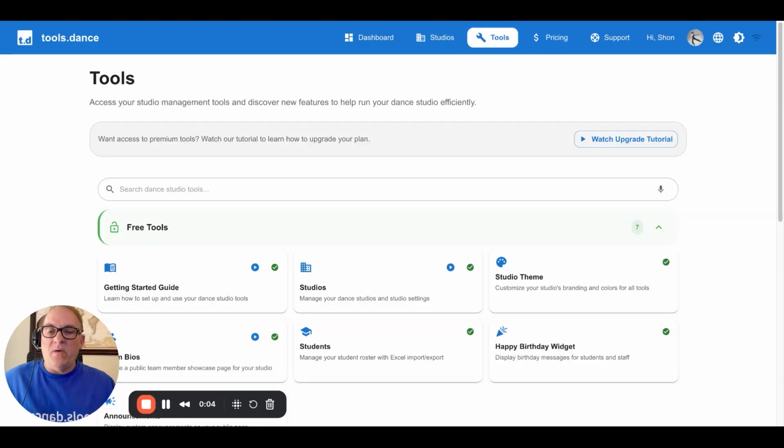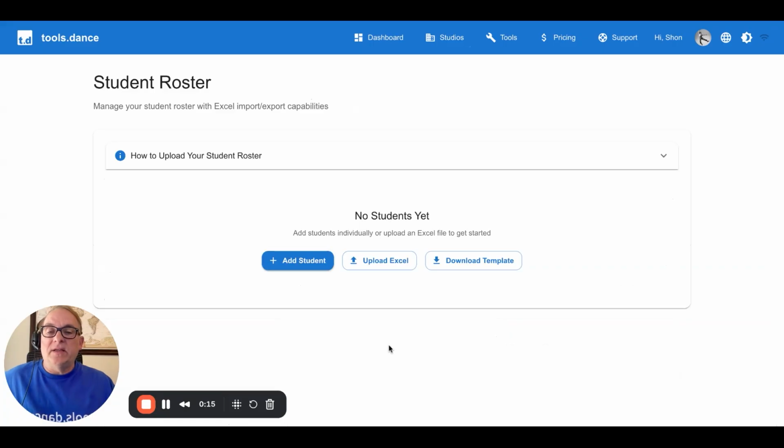Now I will go over the Students tool. I'm here on the Tools page, and here under the free tier is our Students tool, and you click here. And essentially, this is where you can add students